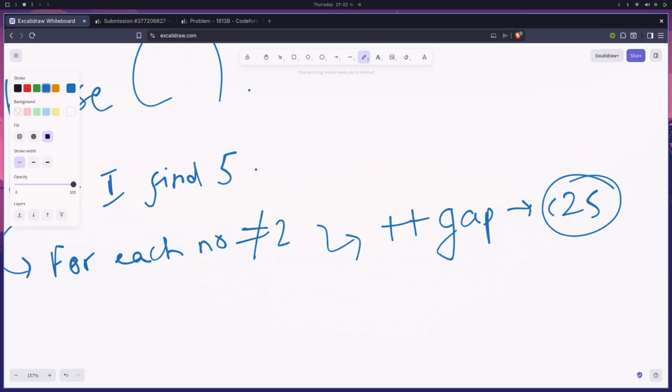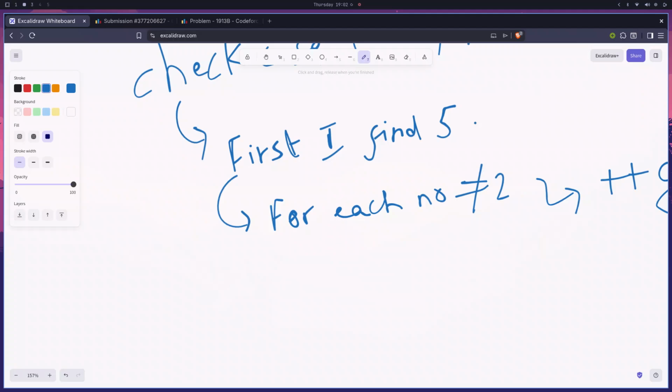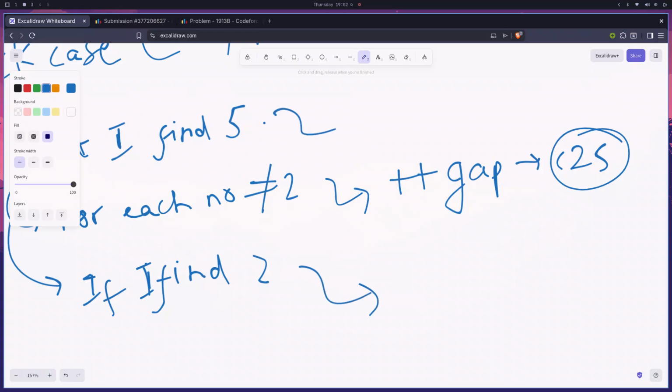I have denoted the variable C25, and if I find the number 2, then that means this was the